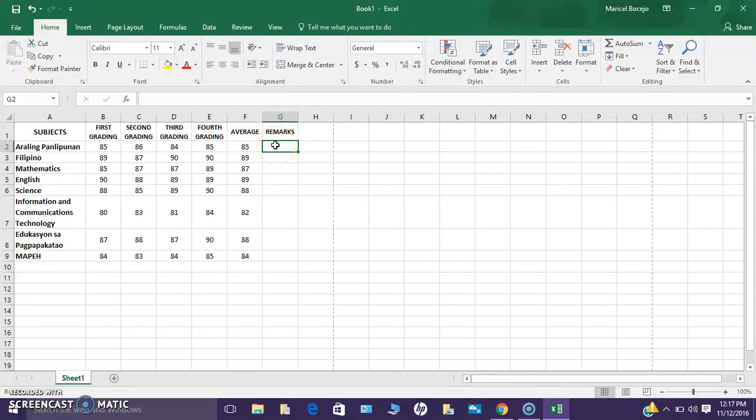Let's get the remarks after the average. Again, just make a formula for remarks.